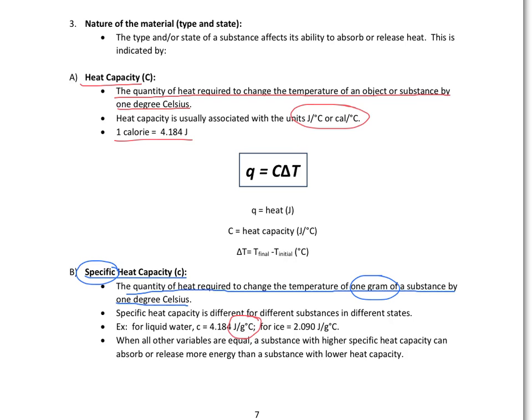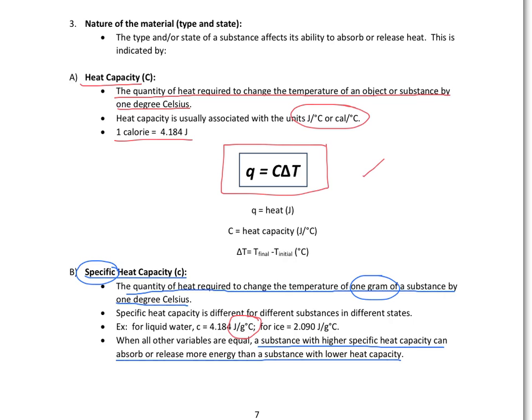When all other variables are equal, a substance with a higher specific heat capacity can absorb or release more energy than a substance with a lower specific heat capacity. It's very important to keep this in mind, as it will make some multiple choice questions quite simple. If you are given a question where you're given the heat capacity, because different substances have different heat capacities and specific heat capacities, and you must be told this, you can calculate heat, which we know is Q, by using